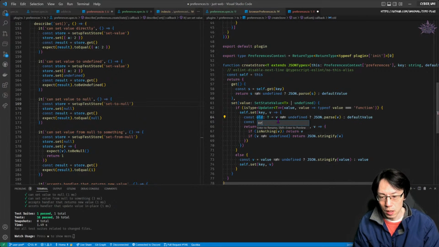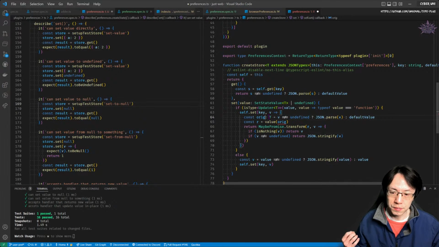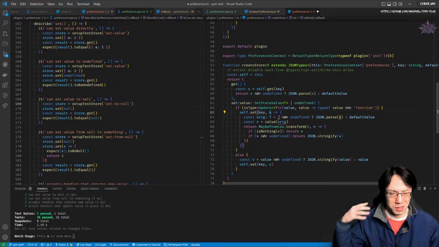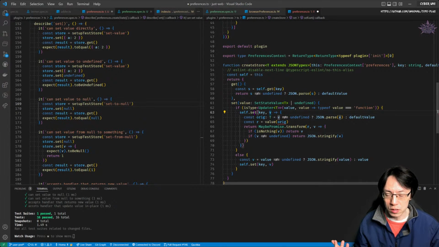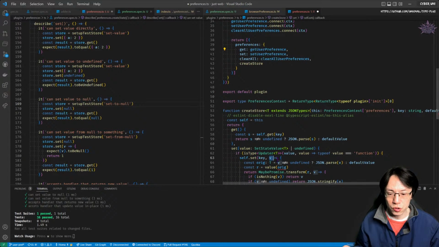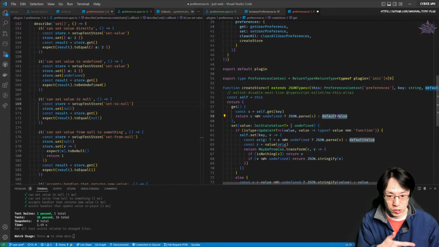Actually, let me rename it origin. And this value is coming from the draft function over here, but since it was set up this way, it was in string over here, this getting a string, and then so that I can pass it or get the default value, whatever, and especially the default